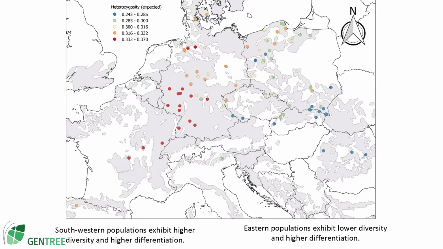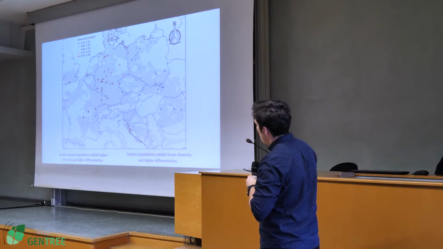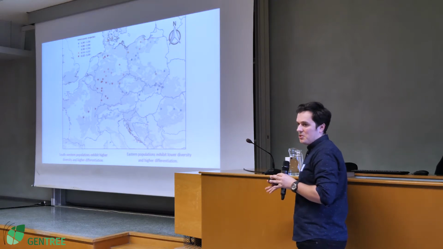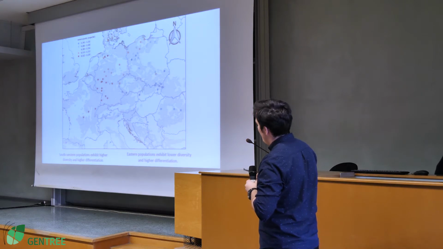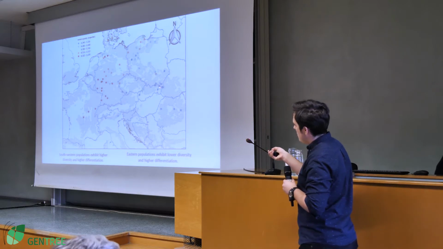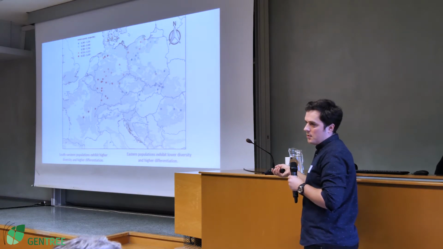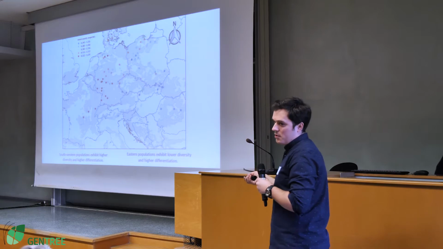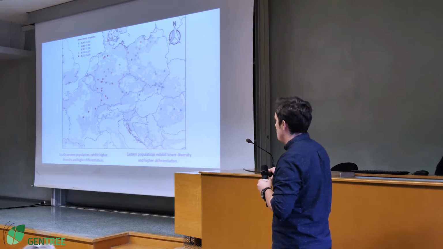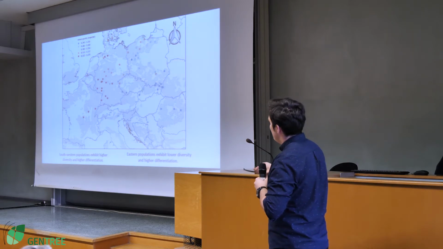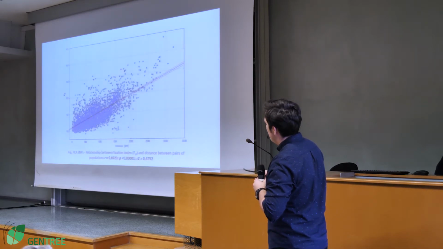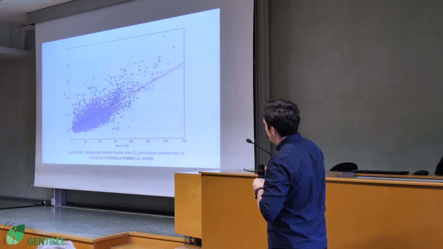But the good thing is that the Western populations are generally in good condition, so we are quite lucky. And I have to make a second remark: those populations here in Poland are part of a nature reserve, so we cannot do very much to plant new trees. The FST here shows it's very big,